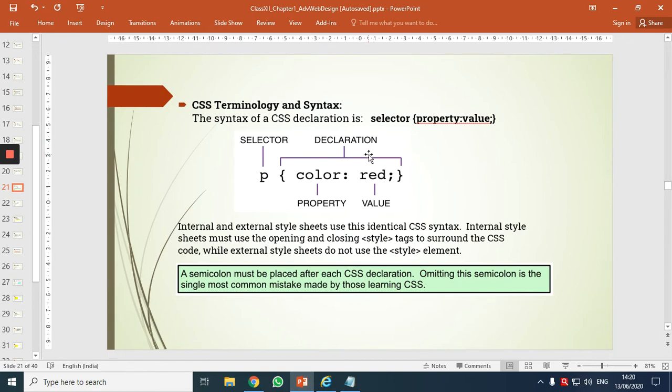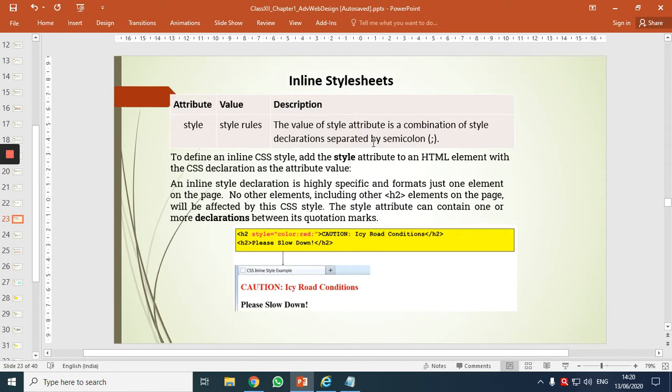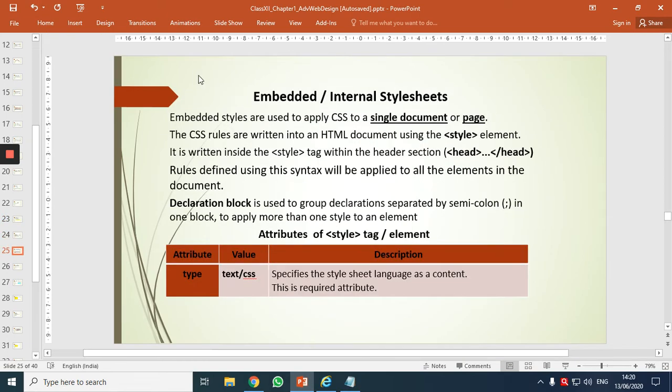In the case of internal style sheets, this complete syntax is included between the opening and the closing style tags. I'll move ahead and show you. This style tag has an attribute. It has a compulsory, mandatory attribute called type, and its value is text/css.